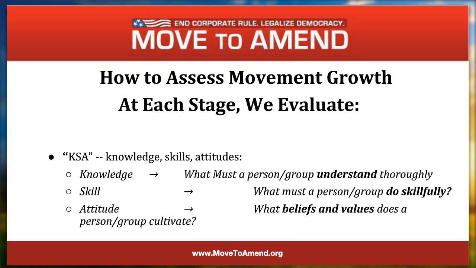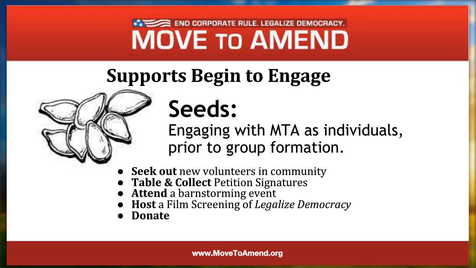So how we assess movement growth, basically at each stage of growth, and I'll go through what we call the affiliate on-ramp process from sprout to forest. We evaluate your process, and basically this includes evaluating your knowledge, your skill set, and your attitudes in organizing for Move to Amend. So knowledge being what must a person or group understand thoroughly in this work, what must a person or group do skillfully, and then what beliefs and values does a person or group cultivate. So based on our affiliate on-ramp process,